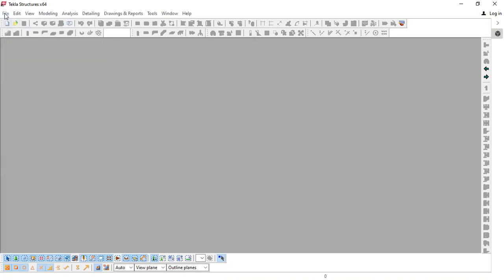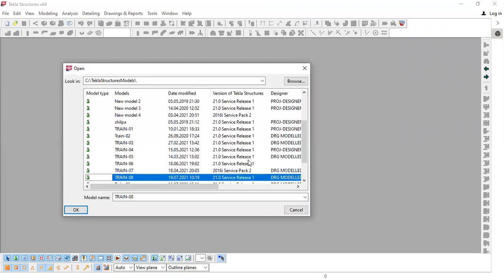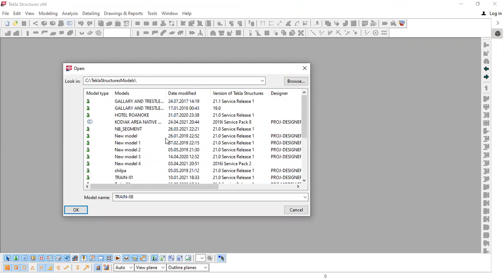You can see, when I say open model, there is a dialog box pop up. What this dialog is asking you is to choose a model from this list of models which I have saved here, right? And here there is a path. Whichever model you are seeing here is listed in this path.